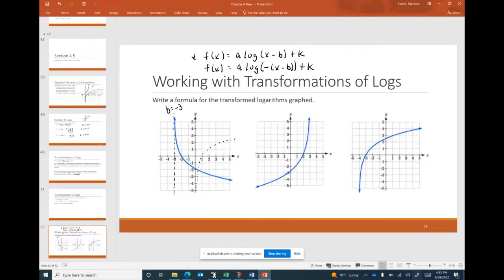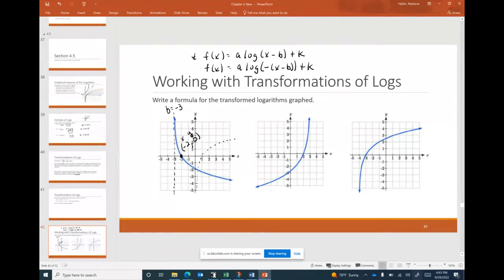So I can kind of start writing my function. I can put the B into it anyway, but how do I figure out what A and K are? Well, to find A and K, I'm going to use clear points on the graph. When I say clear points, I want to try to find whole numbers that I can work with. And the horizontal intercept is always a good one to start with because one of those values will be 0, and that may make our calculations easier. All right, so I'm going to use this point with the coordinates -2, 0 for x